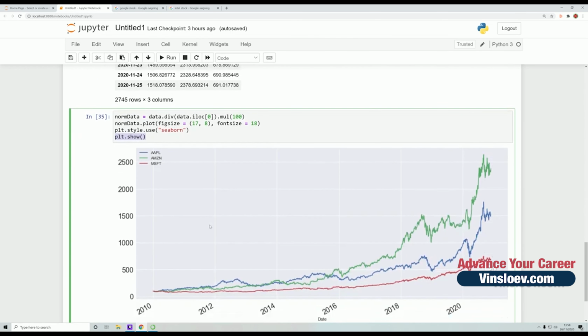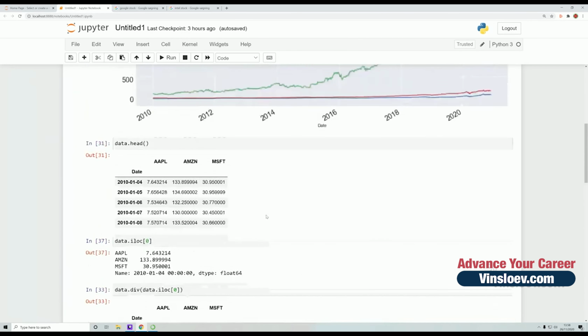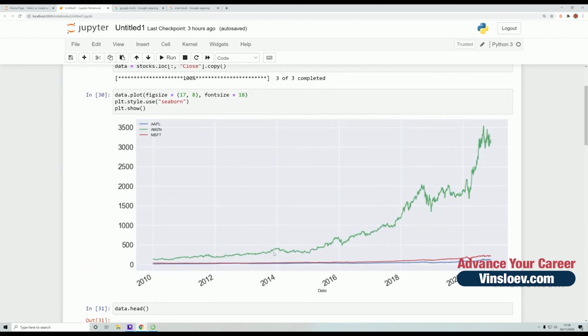And this gives us this chart right here, where we see that at one point here, or 2 points here, Apple is actually performing better than the Amazon stock, whereas of course in the end the Amazon stock really kicks off, but Apple is following a close pattern right here and is not that far actually from the Amazon. In numbers it is of course a bit off, but this graph gives us a much better understanding of how well the stock performed, whereas if we are only looking at the raw data of the price tags right here,